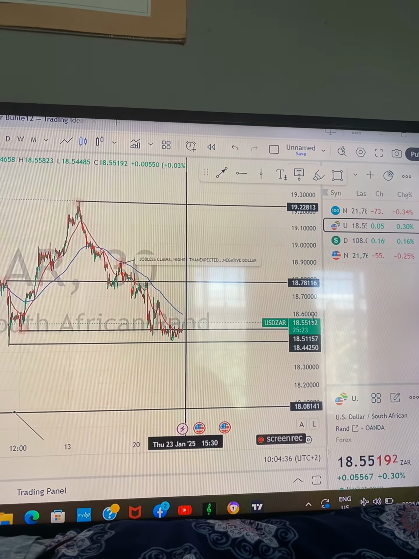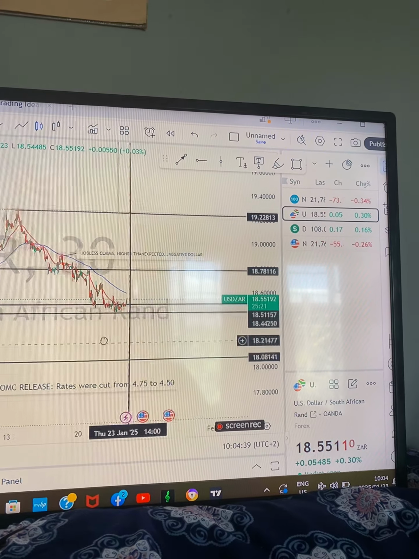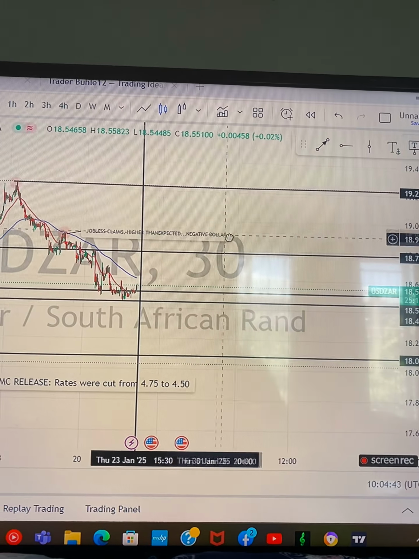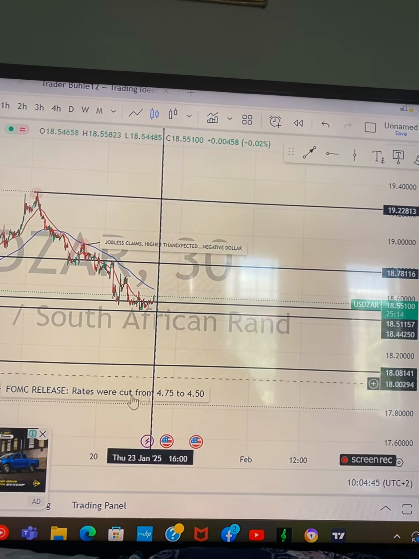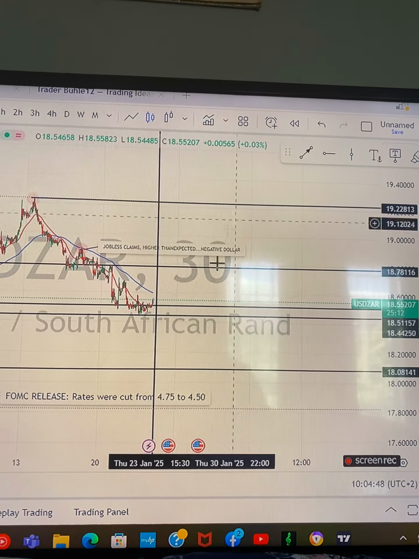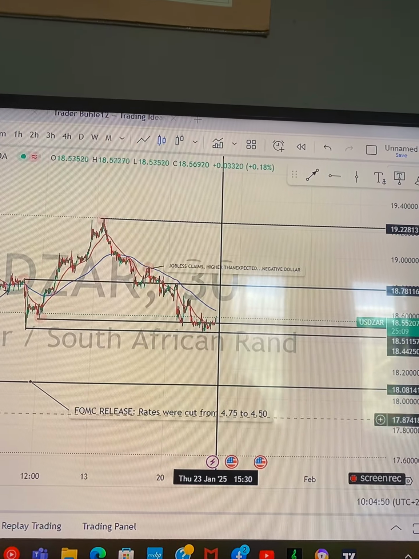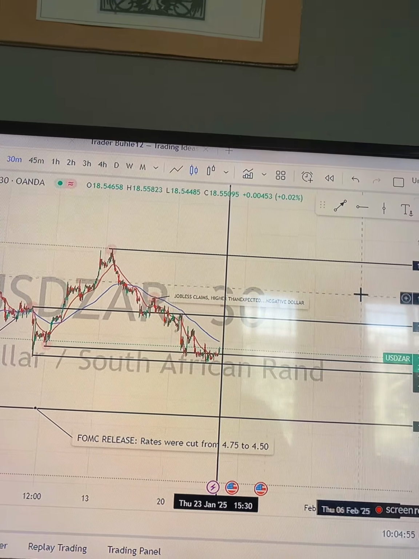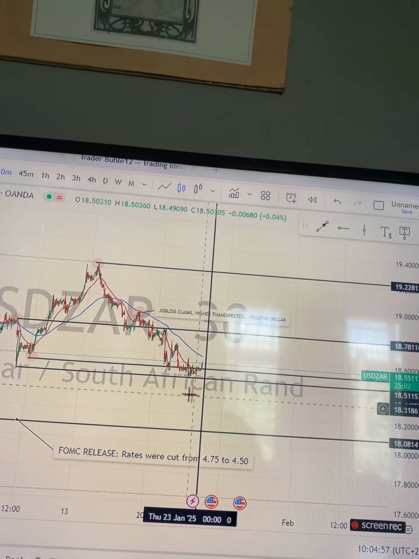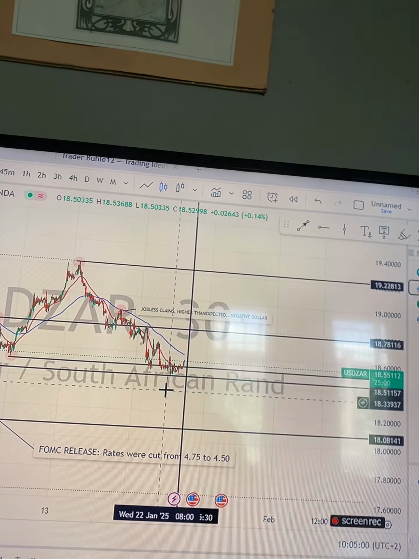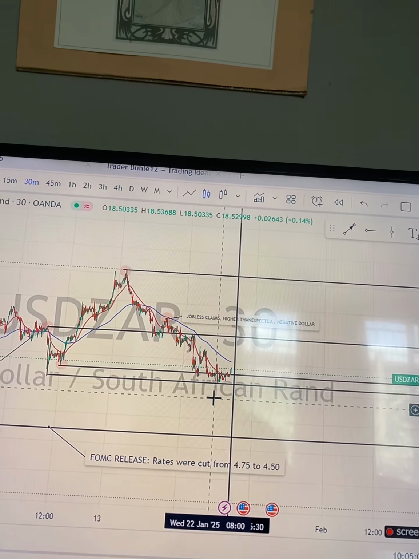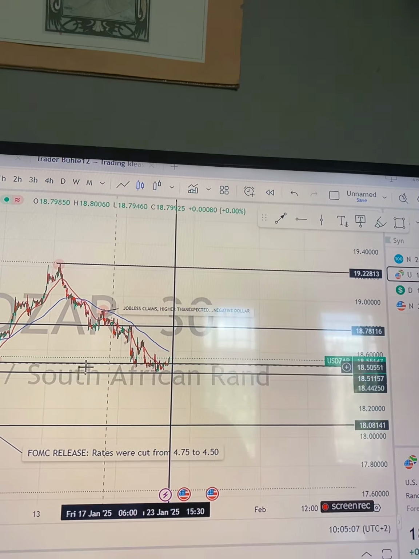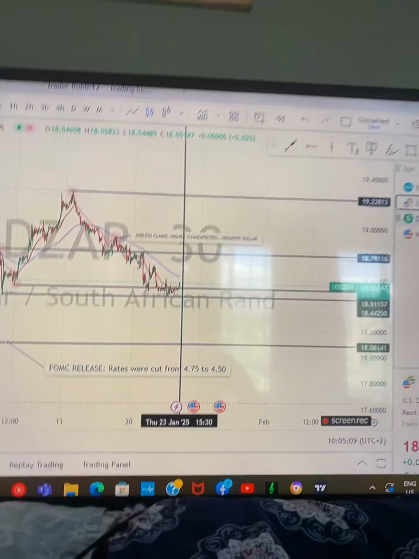Take note that after this FOMC release, rates went from 4.75 to 4.50. This is a 0.25 cut, and we can see overall it affected Nasdaq, because Nasdaq was playing around 17 rand, 18 rand. You can see that it now even went up to 19 rand, meaning that this caused the US dollar to be strong. That is why from the 18th of December after the FOMC, Nasdaq has mostly been selling, and this week